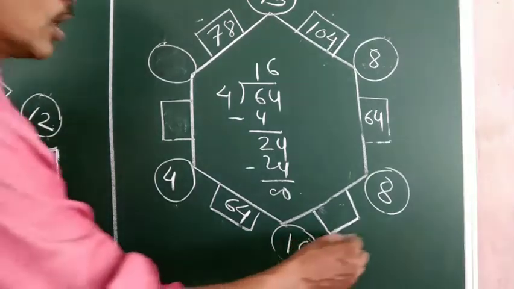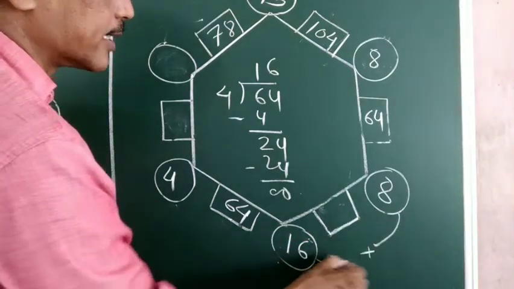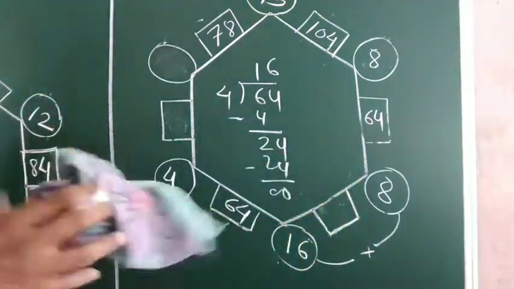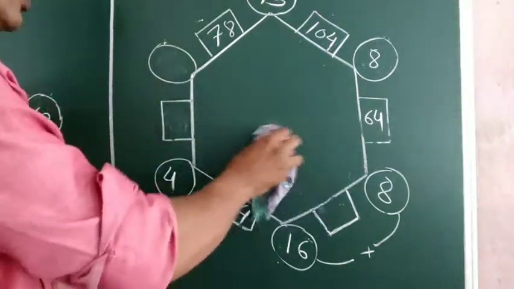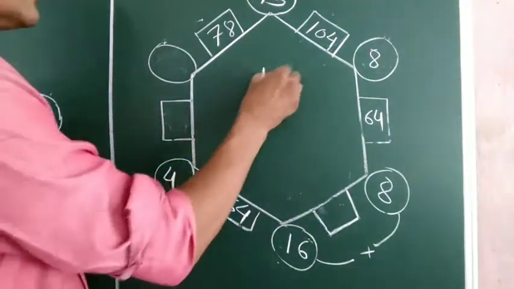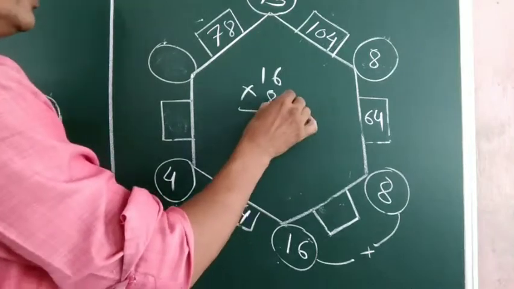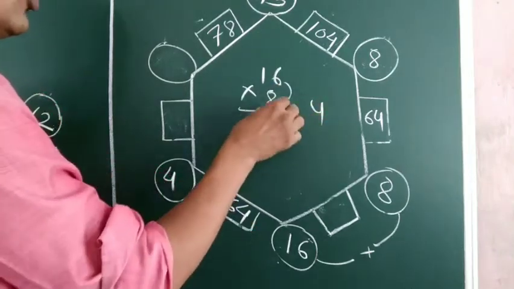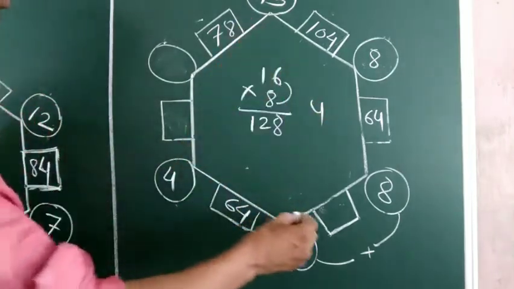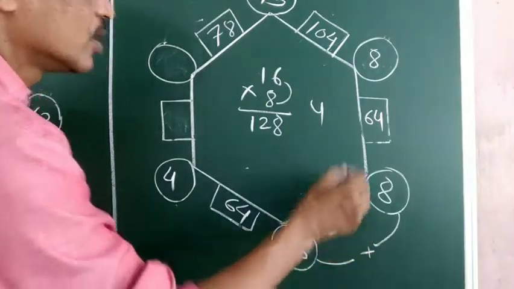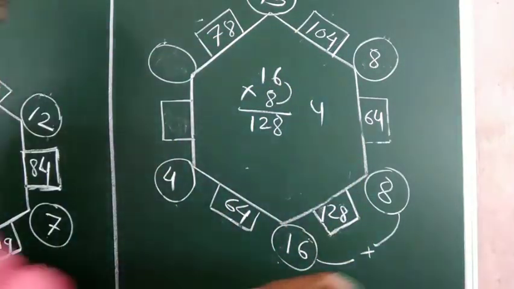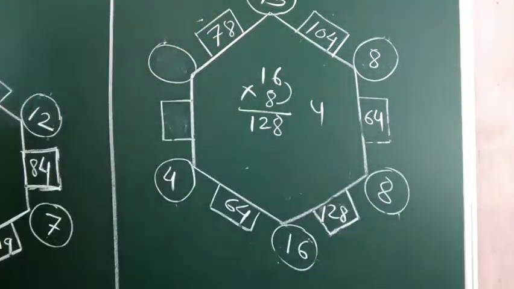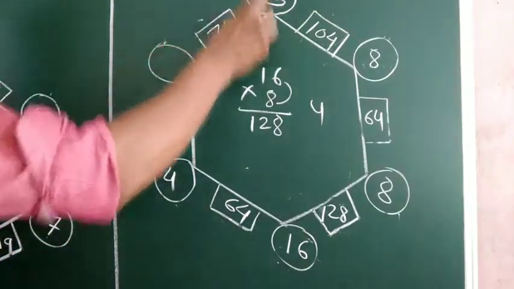So 16 into 4, 64. Now see, now here two numbers 8 and 16. अब इसको मल्टीप्लाई करके देख सकते हैं हम. देखिए यहाँ पर 8 into 16 जो है इसका मल्टीप्लाई करके देखते हैं. 16 into 8. 8 6s are 48. Carry 4. 8 1s are 8, 4 plus, it is 128. Next, say 13 into what?